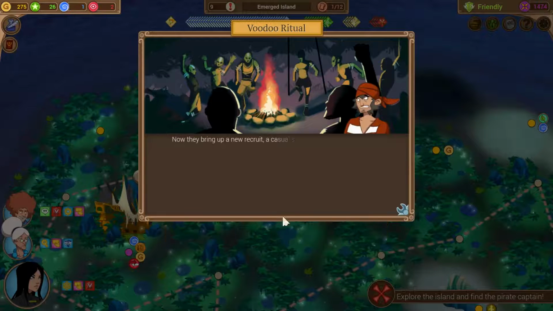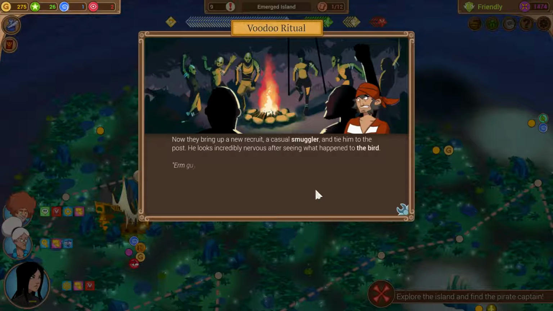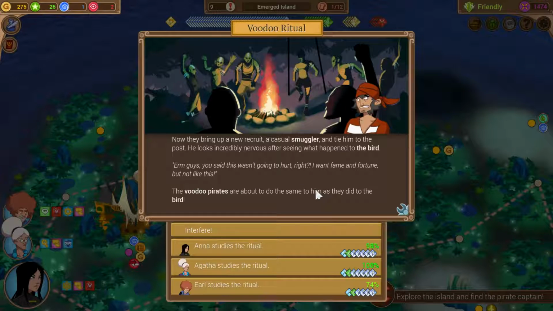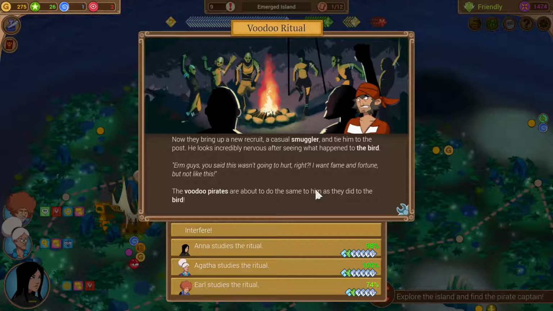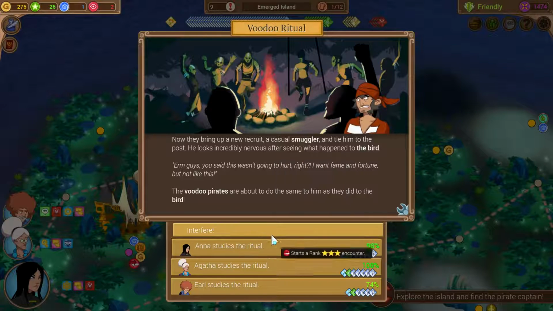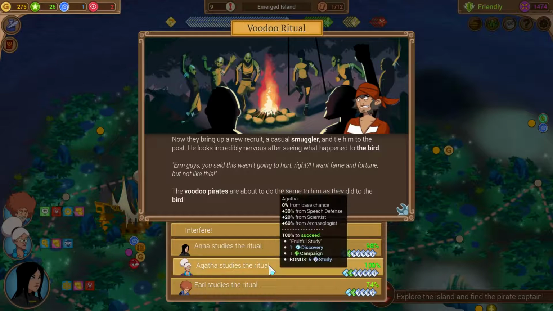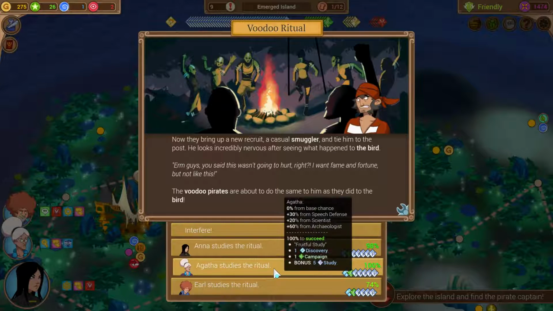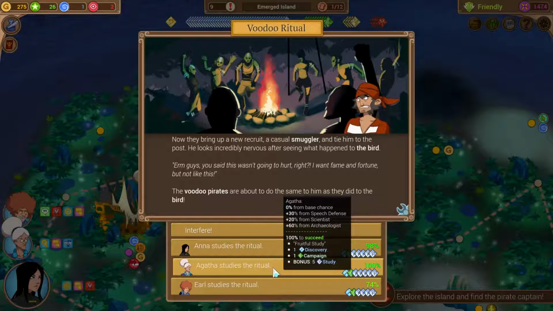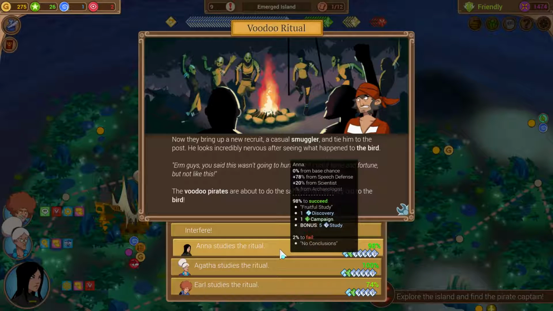See what happens next. Now they bring up a new recruit, a casual smuggler, and tie him to the post. He looks incredibly nervous after seeing what happened to the bird. "Guys? You said this wasn't going to hurt, right? I want fame and fortune, but not like this." Voodoo pirates are about to do the same thing to him as they did to the bird. We can interfere or we can study the ritual. I could interfere, but studying the ritual gives me 1 discovery token, 1 campaign token, and 5 study tokens. So I'm sorry, Mr. Man, but